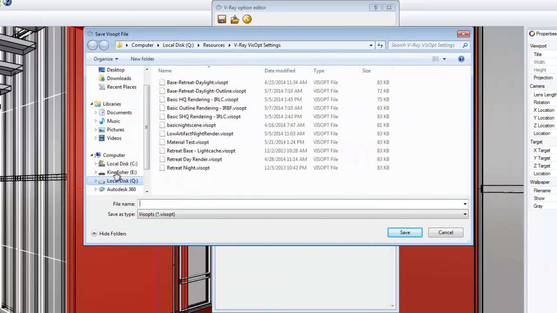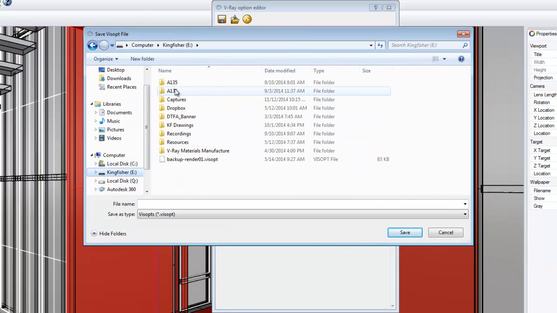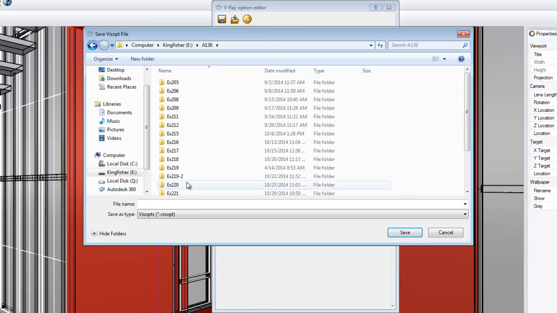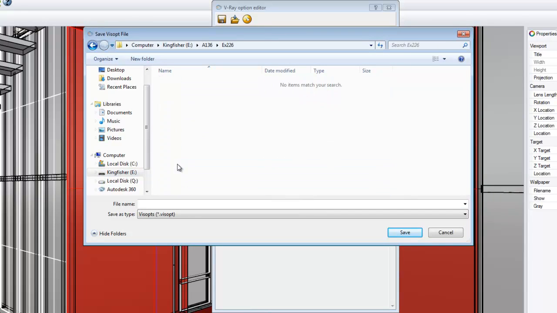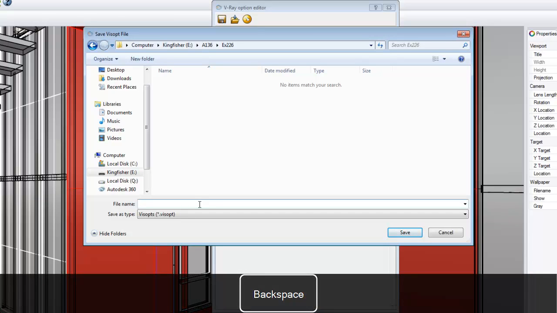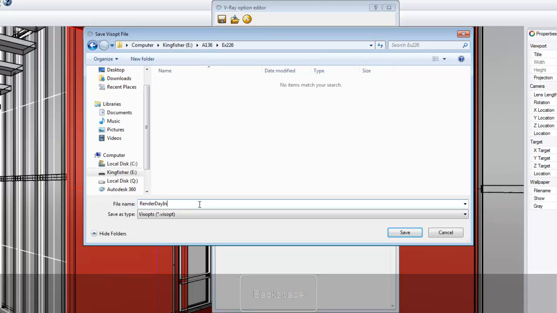And I'm going to go to my flash drive, and we'll go into my 226 folder, and I'm going to call this render day interior 01,